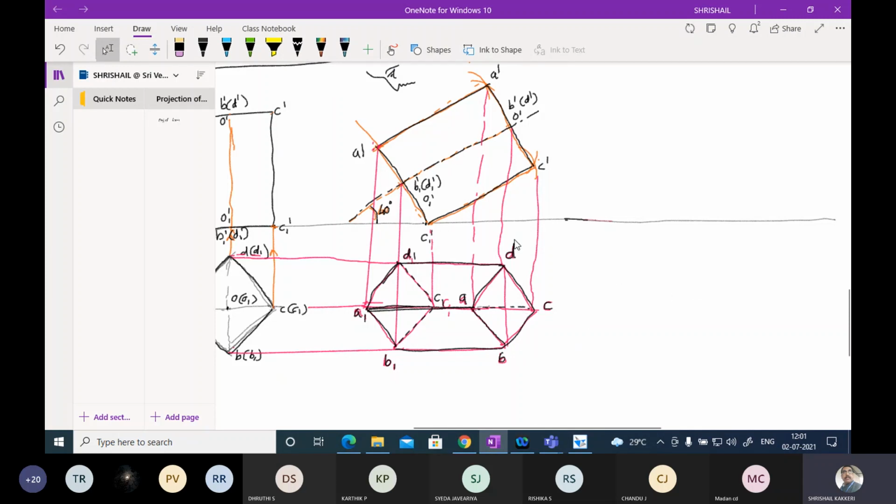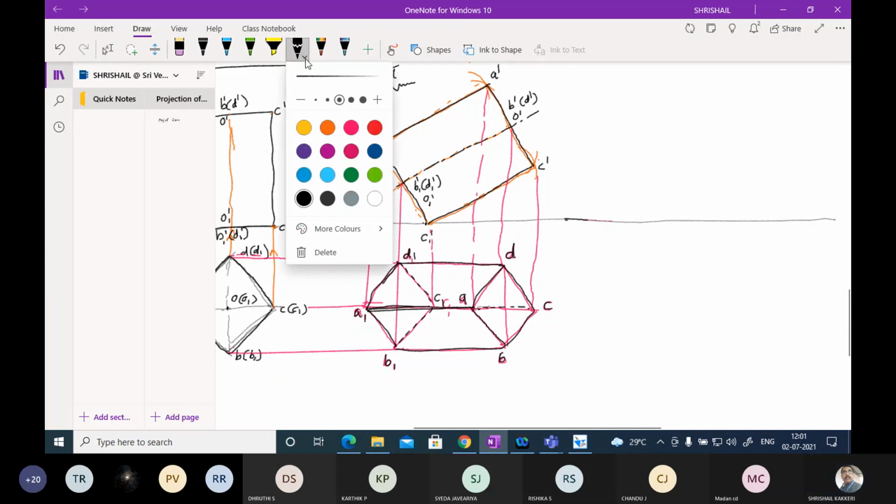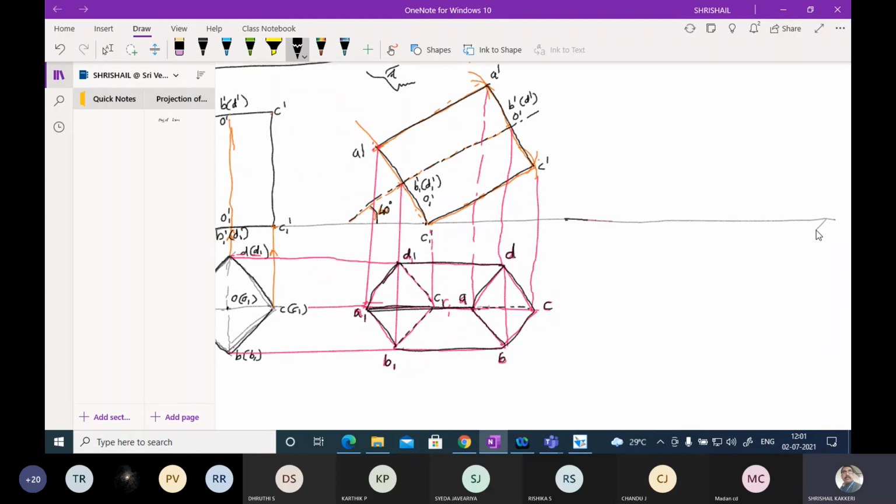Now next, let me draw a thin line. Make a marking here. Take a line at an angle of 45 degree. Please locate the point C here. Anywhere, you can keep anywhere. It is not necessary, you can keep anywhere. This is point C and measure this length.